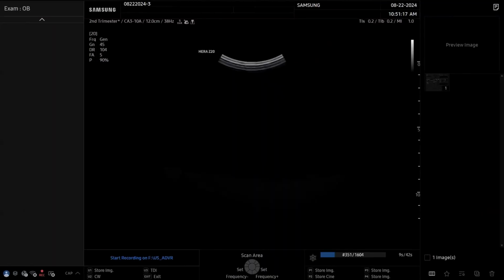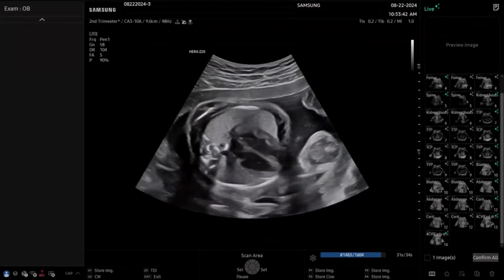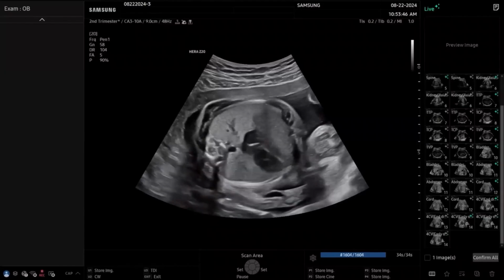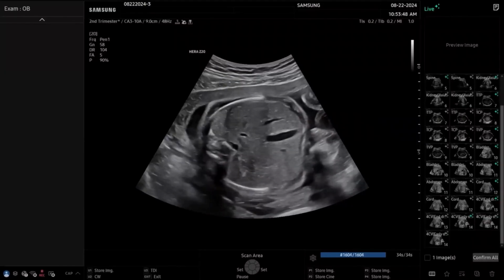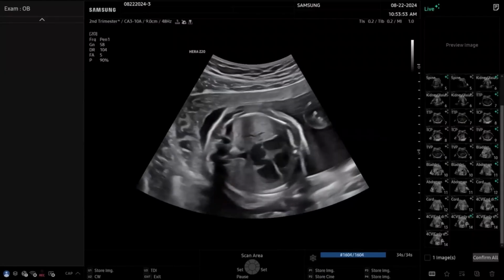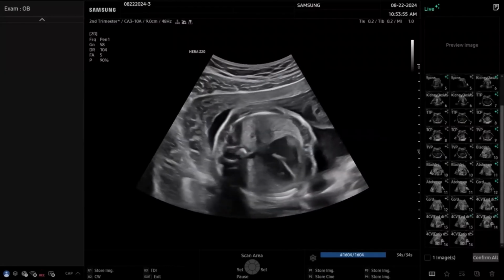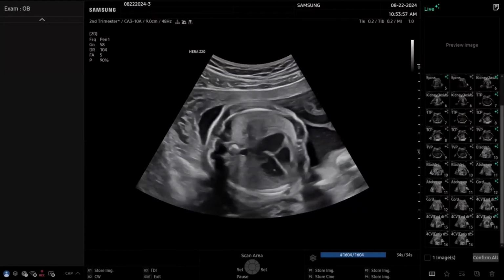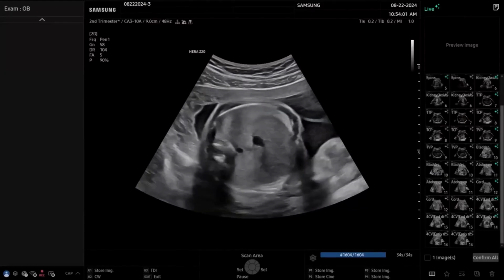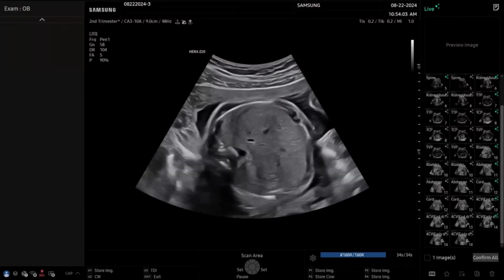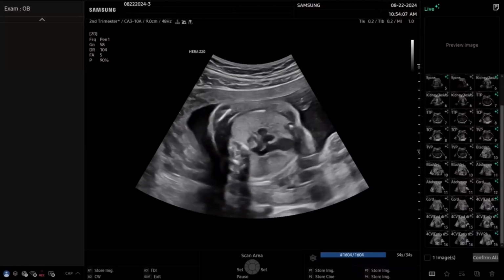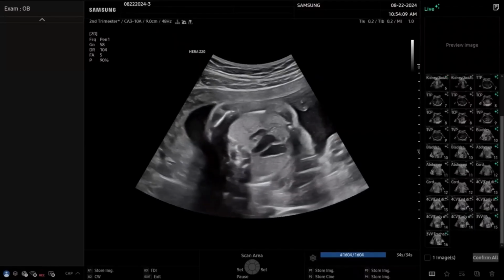And here is my personal example. This is a patient who was scanned by my first year resident. The resident was on her ultrasound rotation and had spent just 3 hours in the ultrasound unit, so basically no experience in ultrasound at all. Here you can see that we are doing the assessment of the axial planes of the fetus. We are moving from the 4-chamber view to the 3-vessel and trachea view.